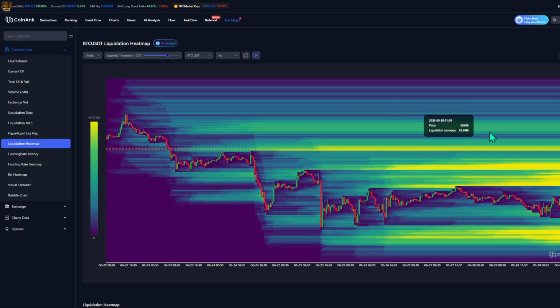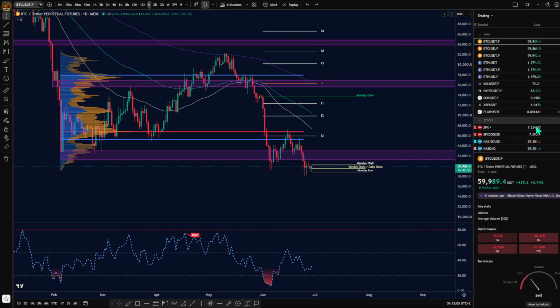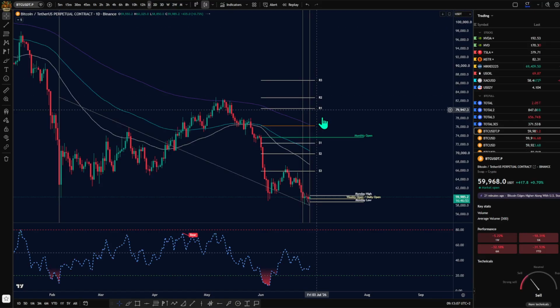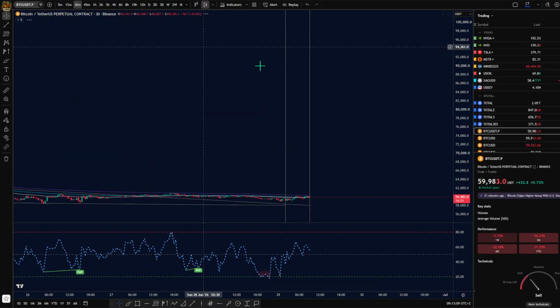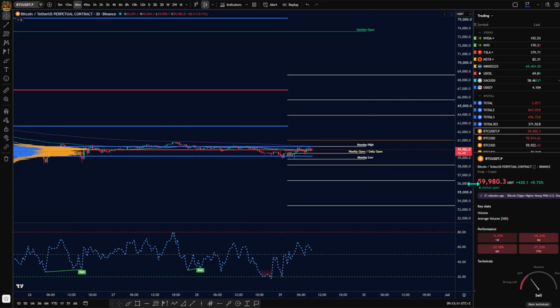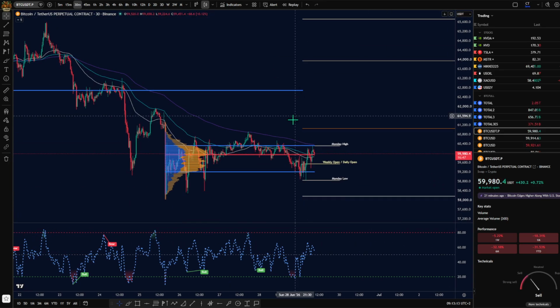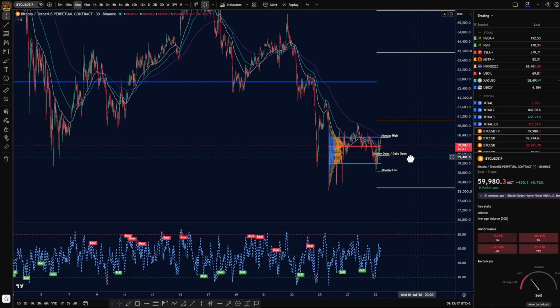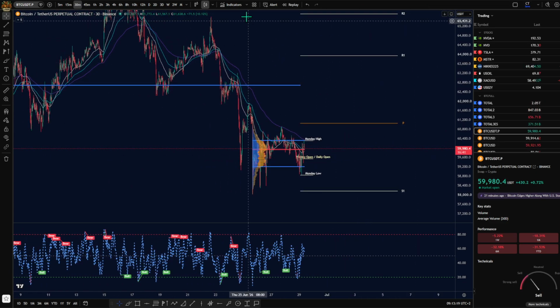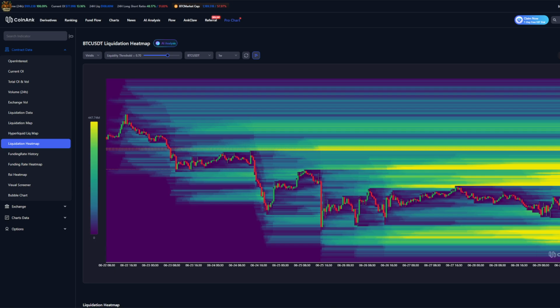Right now on the heat map, as I said, the trade plan could be we grab this liquidity towards the upside. Right here it lines up perfectly with my levels that I have just talked about right here on the low time frame. We go and we grab these levels, and then we start dropping lower to, of course, grab the liquidity which is sitting below us.